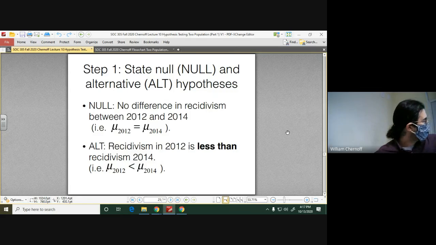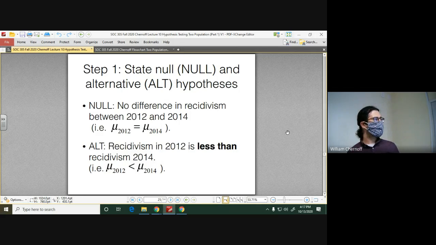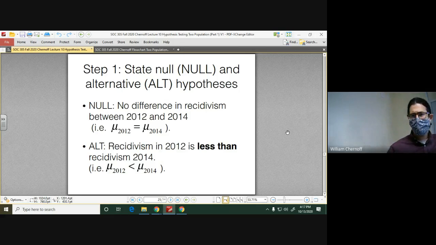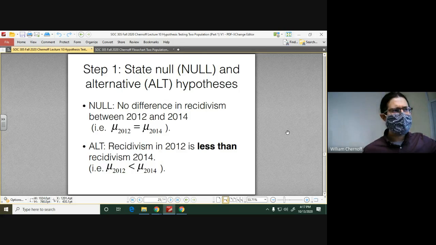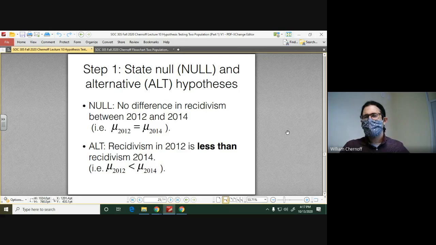So we have our step one, we state our null and our alternative hypothesis. We have our null, this is our doubting scientist claim. Our doubting scientist is going to look at Senate Bill 367 and say, this isn't going to change anything. You're shutting down the group homes, great. You're going to give a bunch of people a bunch of money and nobody's going to do anything useful with it. Right? Doubting scientist claim.